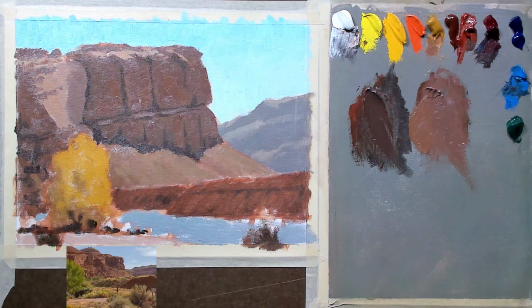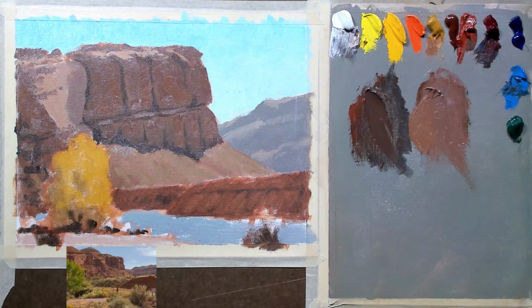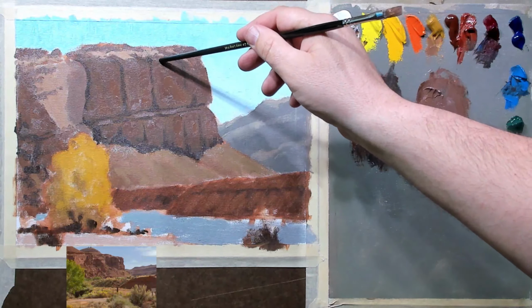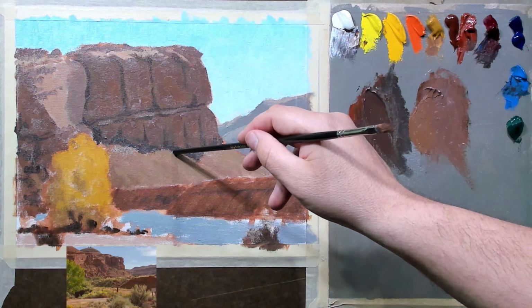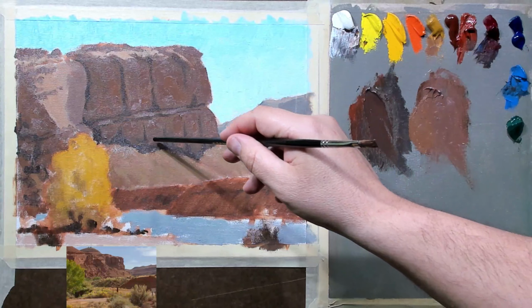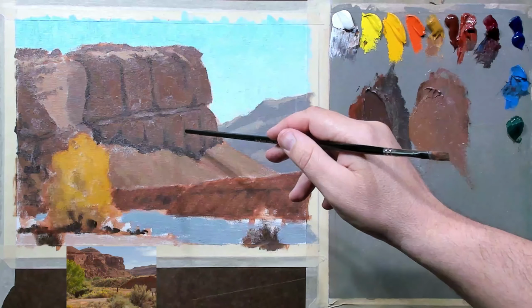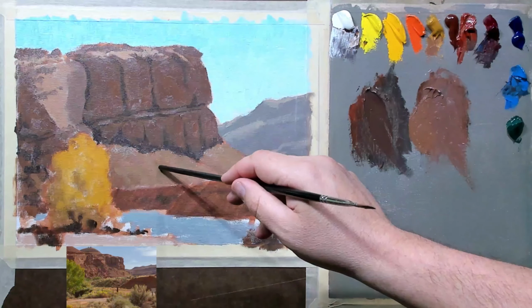Okay, so we have some of that down. That gives us a little bit of variety in our color temperature. Now, as we start to come from the top of this butte down to the bottom, this bottom area will start to lighten up just a little bit. It'll start to catch some lighter, warmer areas because of the reflected light bouncing off of this slanted hill